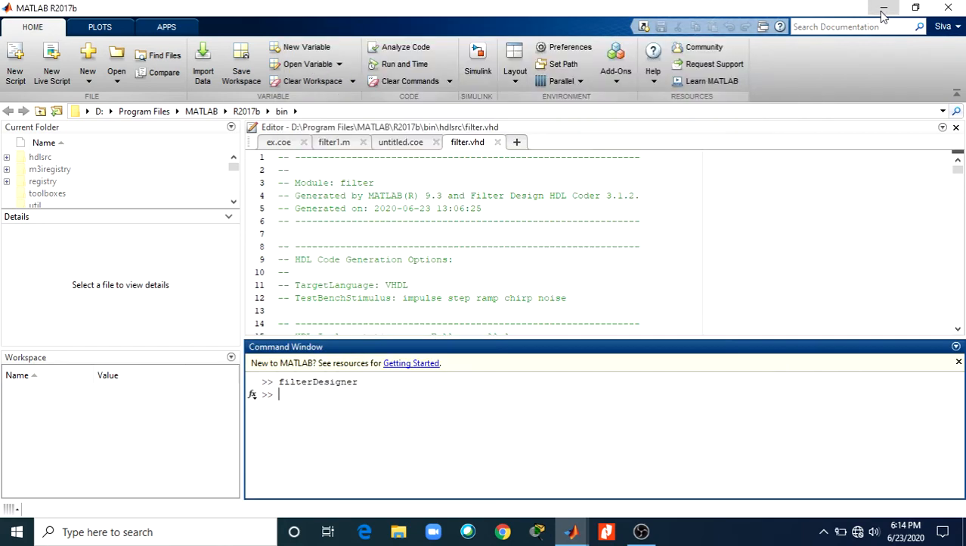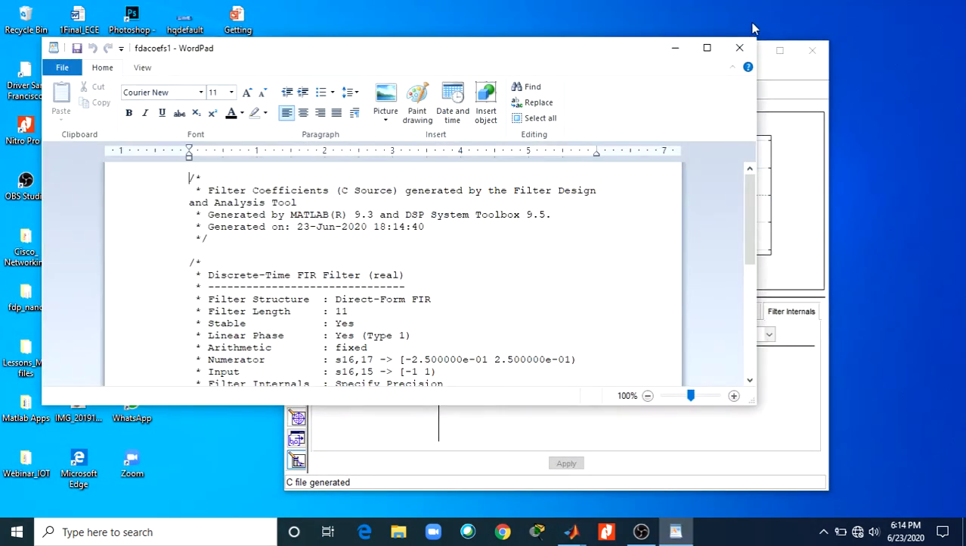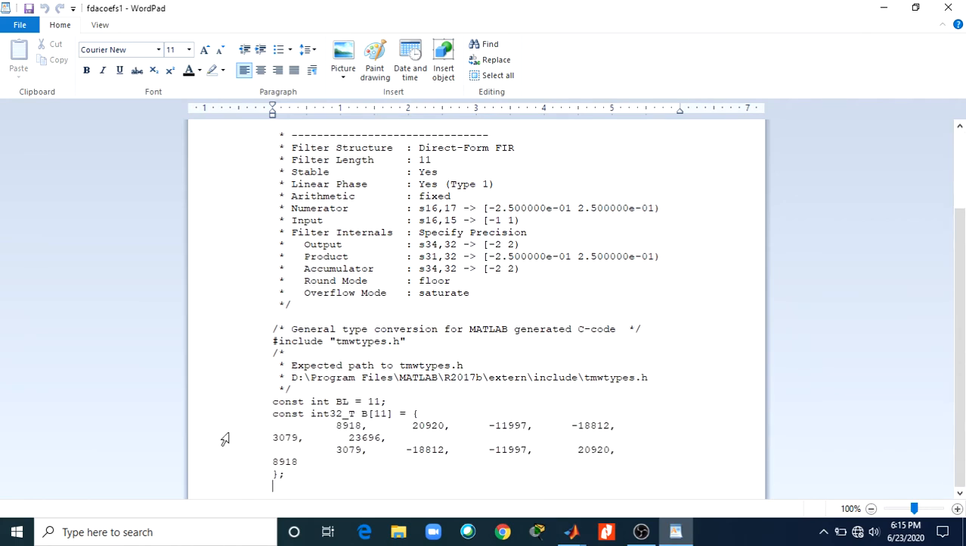Now you can see the C file for the discrete filter. This is the C program file for a discrete time FIR filter. The filter structure is a direct form, and the arithmetic is fixed. You can see the filter coefficients,